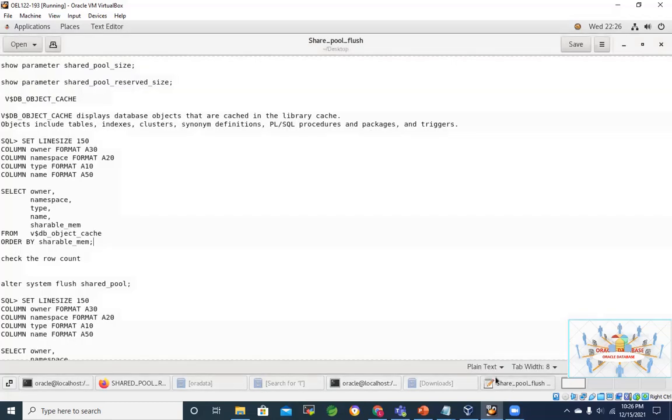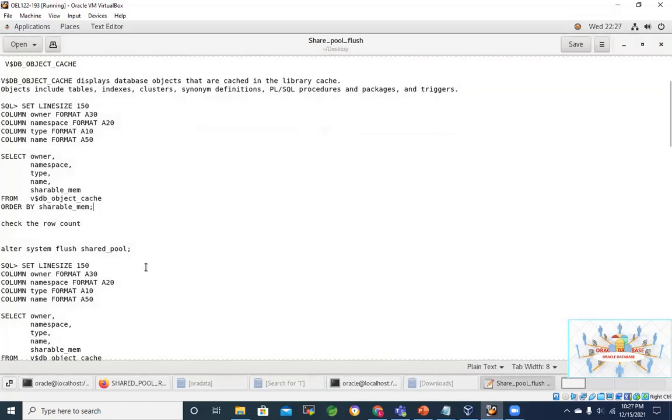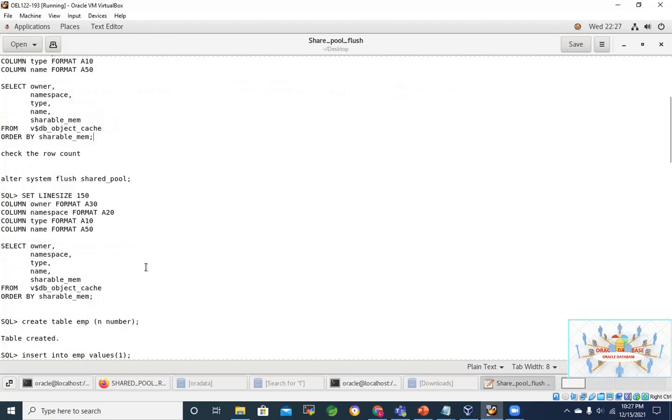Now what I am trying to do is clear it off. I am going to flush the whole shared pool. How? This is not recommended in production actually, but there are places where we may have to do it, because this is going to clear the whole shared pool, which is a large workload for the database, because everything is going to be a cache miss thereafter. Everything is going to be hard parsed. Nothing will be available in the shared pool. That's what's going to happen if you just clear it off.